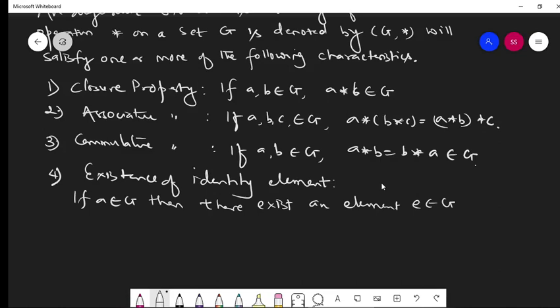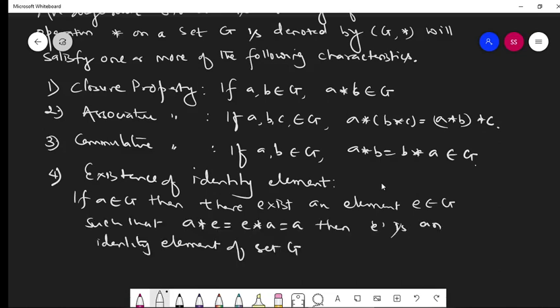Then E is an identity element of set G. That is existence of identity element. Closure, associative, commutative, identity, and the final, maybe the fifth one, is existence